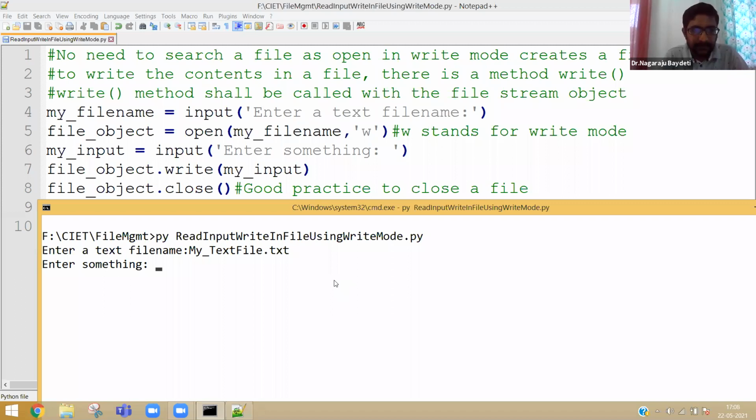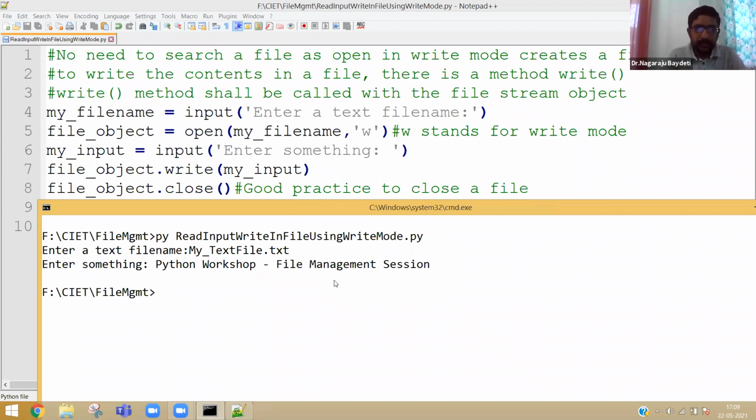Then it is asking enter something. Let me give Python workshop file management session. This is the input I am giving. Now I am entering. Now you see there is no output.